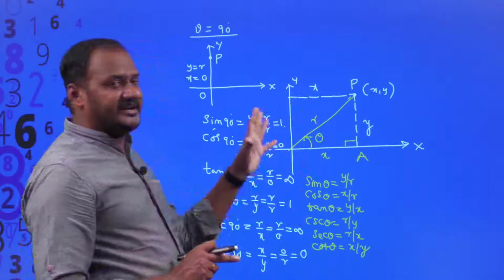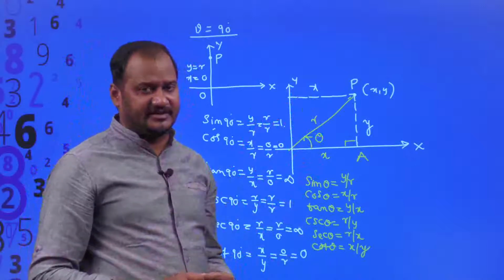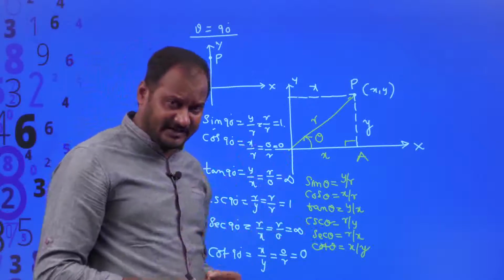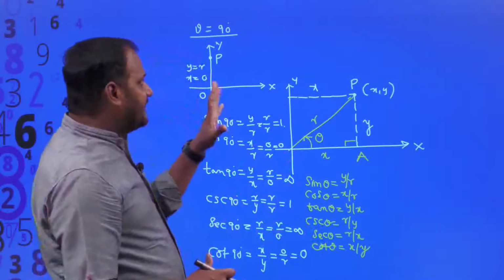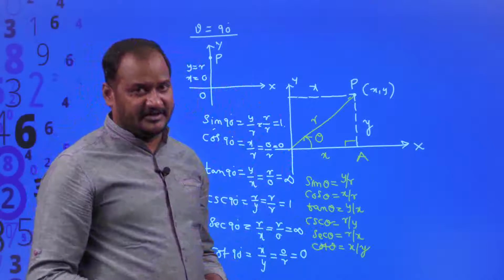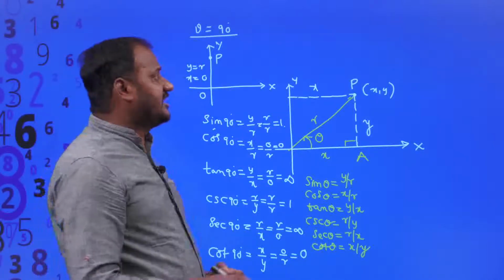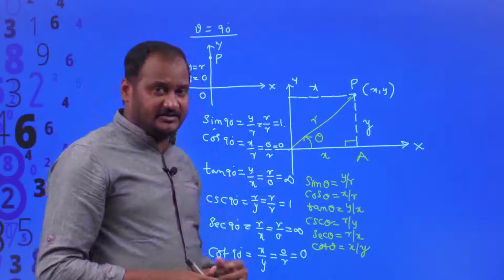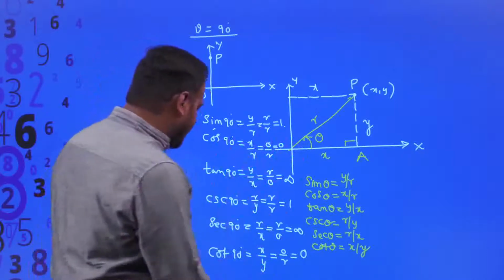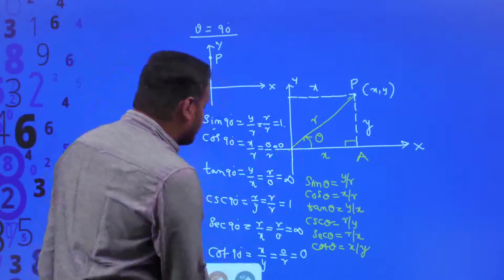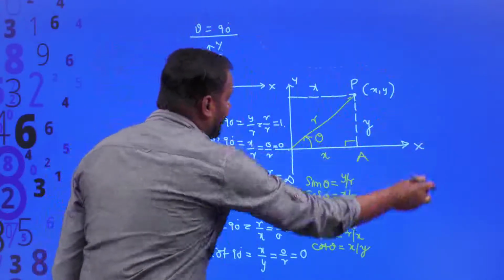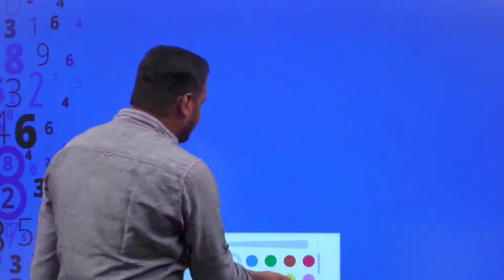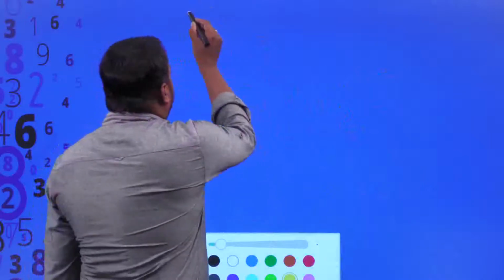So this is the way of deriving the values of all 6 trigonometric ratios. Now I will just summarize all these 6 for these 5 angles, and then I will write them in a tabular form. You will have to remember the tabular form. Of course, I will give you logics to remember the tabular values easily. First let me write all the trigonometric ratios values at all these 5 specified angles. Now I am going to draw a table.